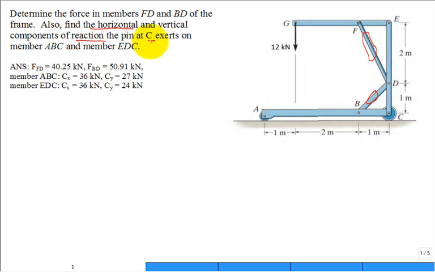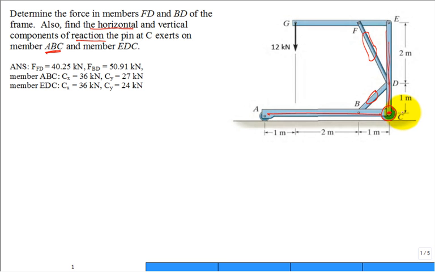The pin at C exerts on members ABC and EDC. So find the pin at C. Right there is C, that's the pin at C. And it connects this member ABC right here and member EDC right there, as well as the wheel. It's rare that a pin connects 3 members, but when it does, you've got to go slow and it's